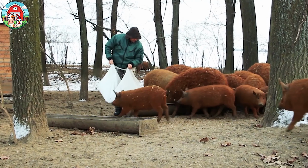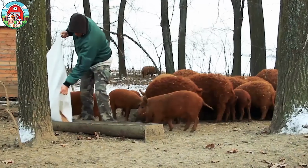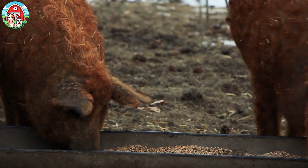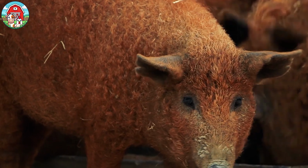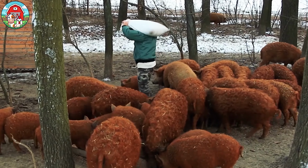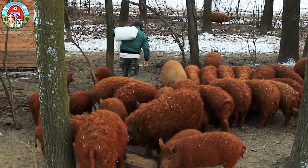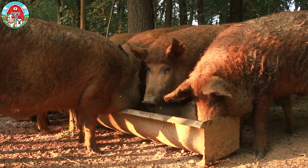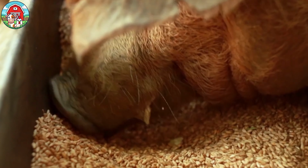In farms where Mangalitsa pigs are raised in controlled environments, their diet is carefully managed to keep the meat quality high. They're usually fed a mix of wild pasture greens, supplemented with potatoes and pumpkins, which provide energy and nutrients. This balanced, natural diet not only supports their health and growth,